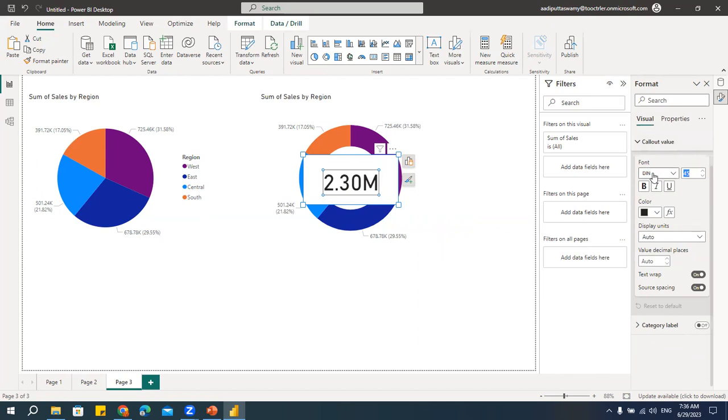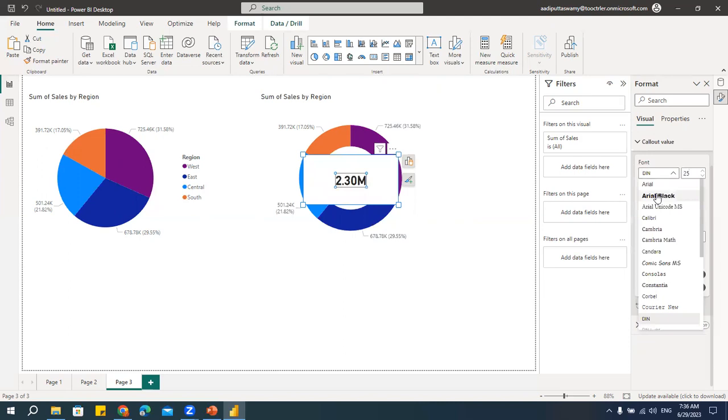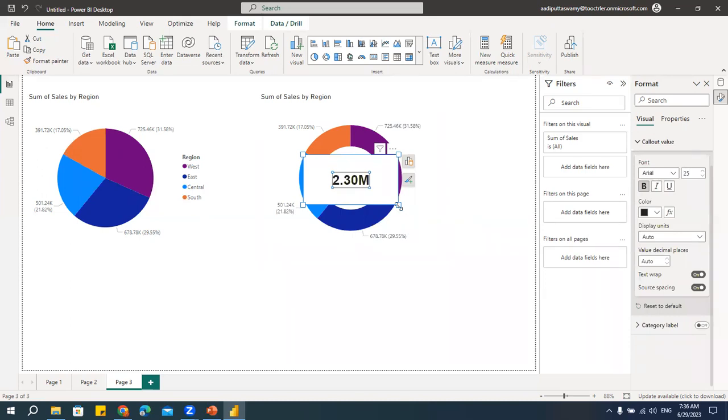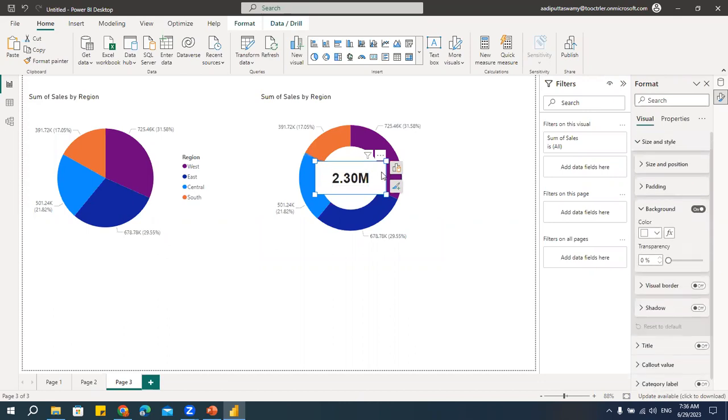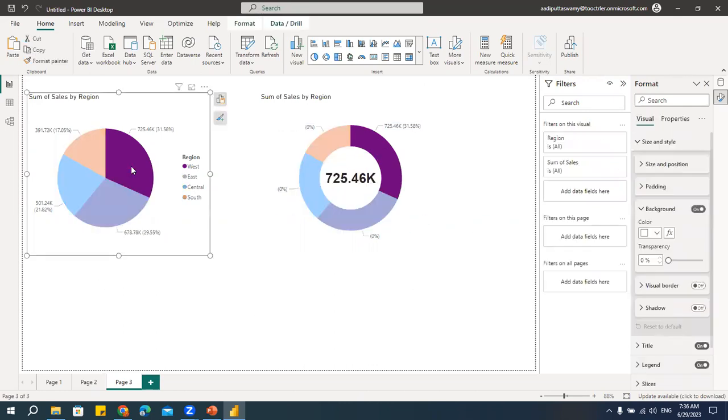Let me decrease this to 25. And then I'll make it bold. Let me take this as Arial. You can see that I'm getting this value. Then if you think it is too big, let me just go here, keep it here. And then we have this background. Click on this white space, double click, you can see this background. Remove the background. See, now if I click,